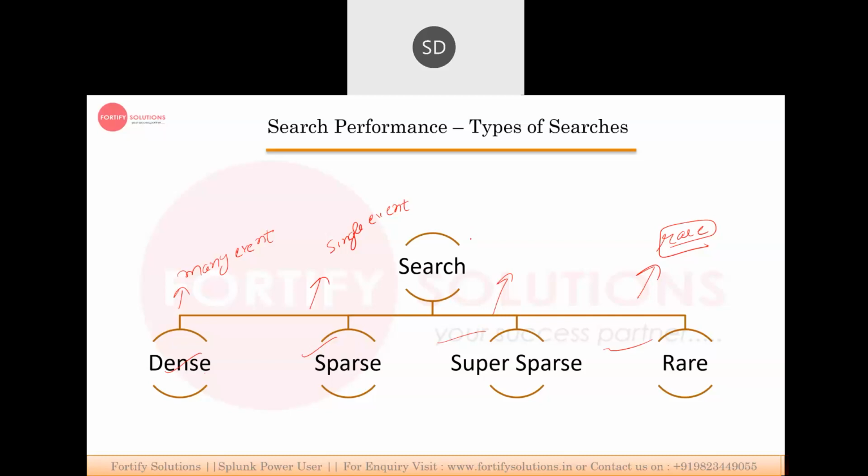Okay, and when we talk about transforming search, in which we use the other commands that we discussed in the last session, in the previous module. But this is called information density. This is the type of search where we are searching the data by information density, which has dense data and rare data. The types are only two: dense and sparse. The data can be dense and the data can be sparse, nothing else.